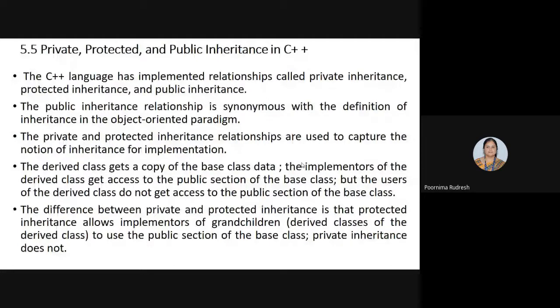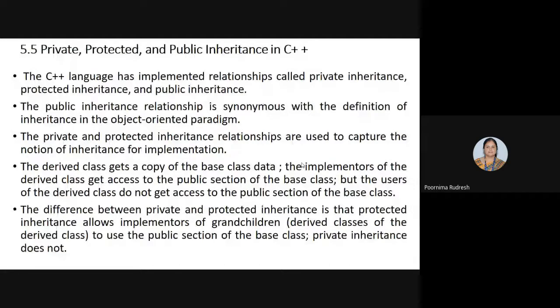The derived class, that is class B, gets the copy of the class A data, as well as the implementers of class B get access to the public section of the base class.